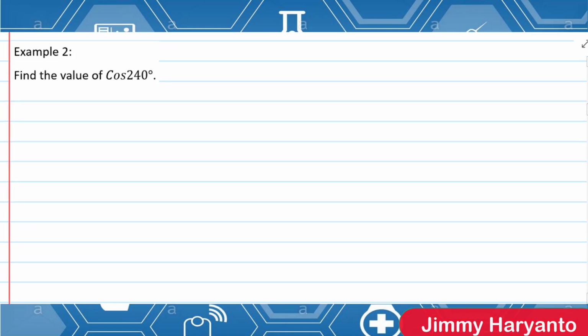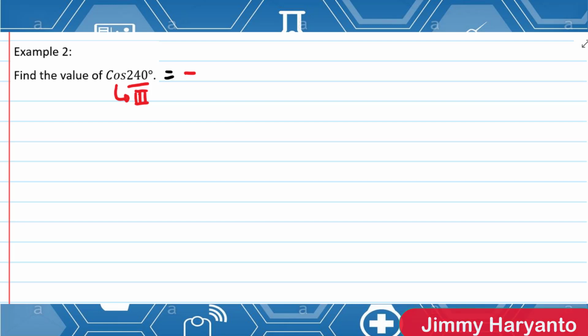How about 240? I will give you the trick for this one. The step is the same as with 180, but don't forget to change the trigonometry. Okay, so 240 will be quadrant 3. In quadrant 3, cos will be negative, so I put negative right there, and then I will use 270 because 270 is closer to 240 instead of 90.